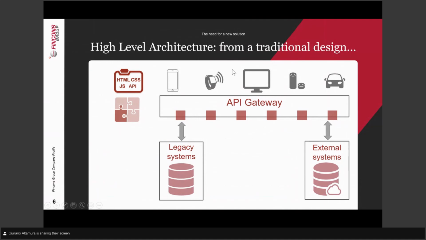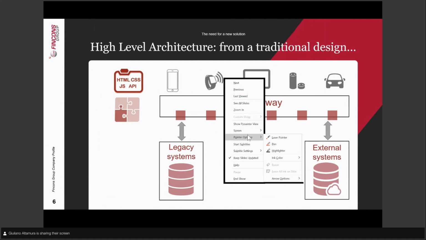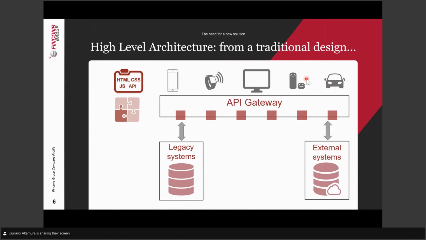So on top here you have the touch points applications. You have an API gateway, maybe an enterprise service bus, something for simplifying the integration. And typically you have to integrate your legacy systems, which may be providing services, web services, or also external systems. So what happens in most cases, in particular in the insurance and banking sector, it's the majority of the cases, but I'm pretty sure that it's very similar also in other industries, is that